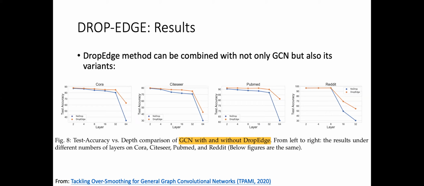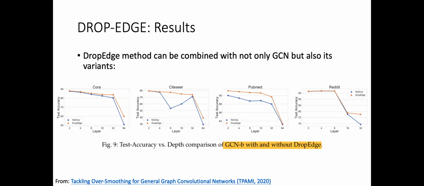with the number of layers increasing, let's say to 64, this orange one has a much better performance, which means the drop edge does have a very important influence on the performance. And this is drop edge compared with GCN with bias. And then again, we can find that the orange curve is somehow better than this blue curve, which means